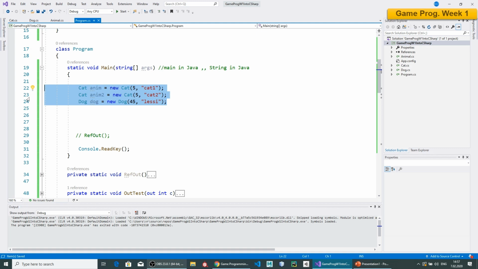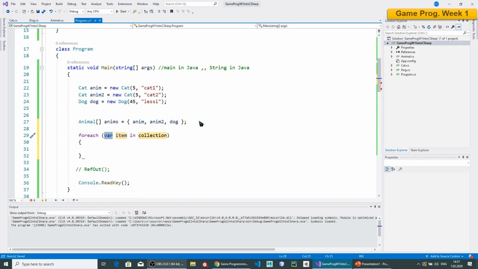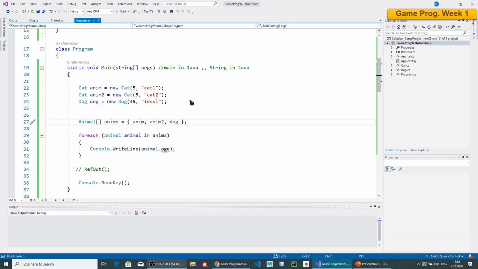So now let me do that. Animal and say anims is equal to, for example, anim2 dog. Since they're all animals by their nature, I can put them here. So using for loop, foreach loop, I can say animal A, for animal A in this anims collection, say console write line anims animal dot, for example, age. You see,